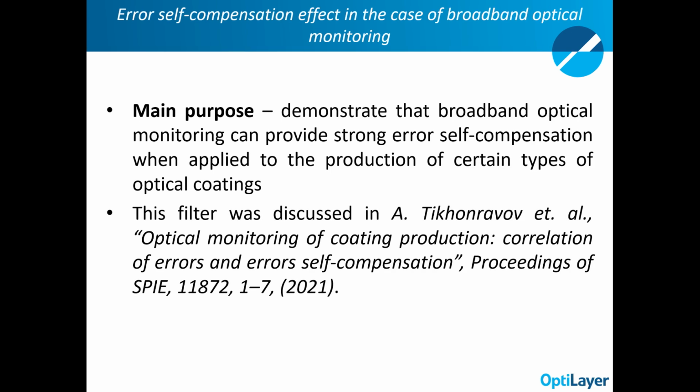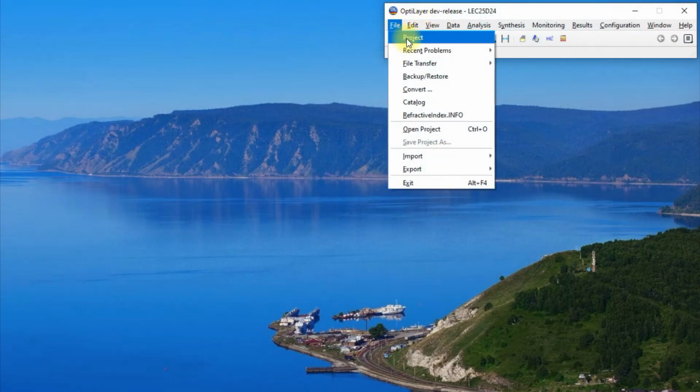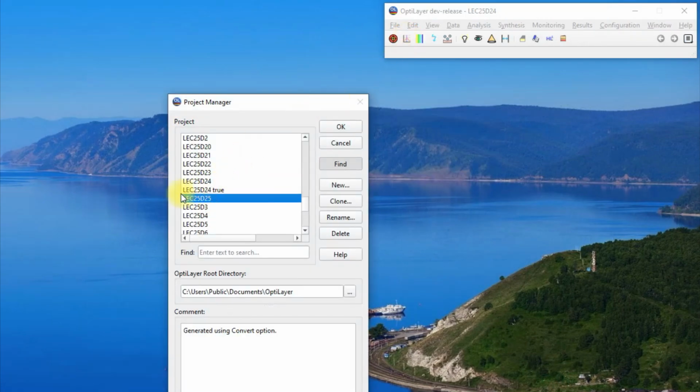This filter was discussed in Tikhonravov et al. Optical monitoring of coating production, correlation of errors and errors self-compensation. Proceedings of SPIE 11872, 1-7, 2021. In the File Project menu of OptiLayer, open the directory